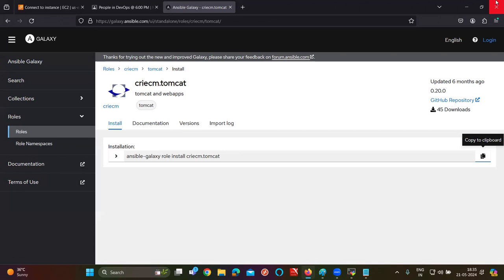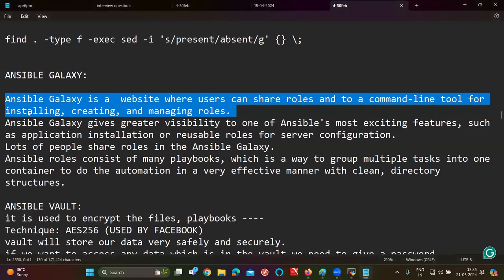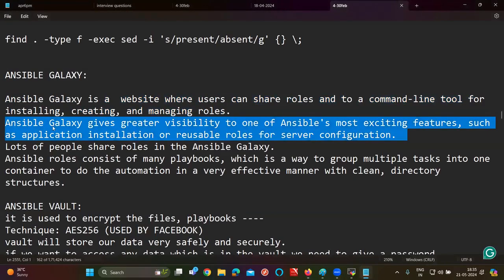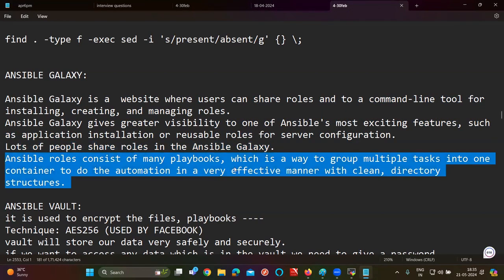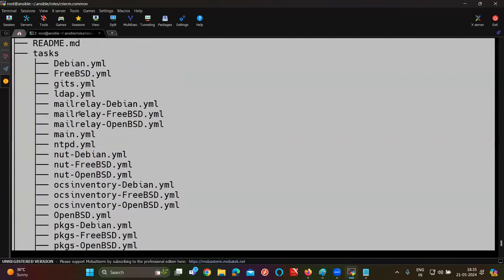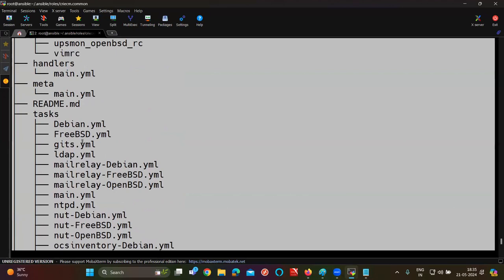Is the concept clear for all of you now? Yes. So here I have given this one. Ansible Galaxy gives greater visibility to Ansible's most exciting features, such as application installing and reusability of roles for server configuration. Lots of people can share their roles in Ansible Galaxy. An Ansible role contains many playbooks, which is a way of grouping multiple tasks into a single container to